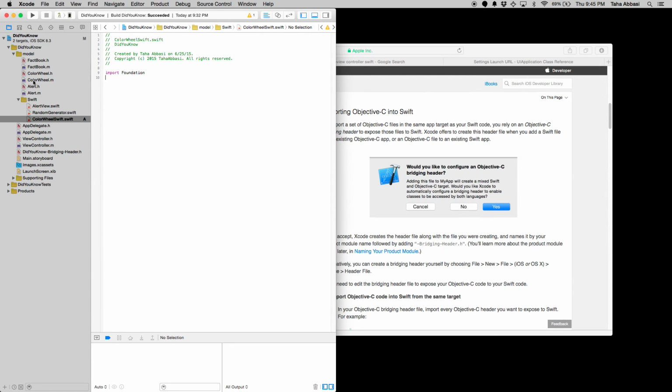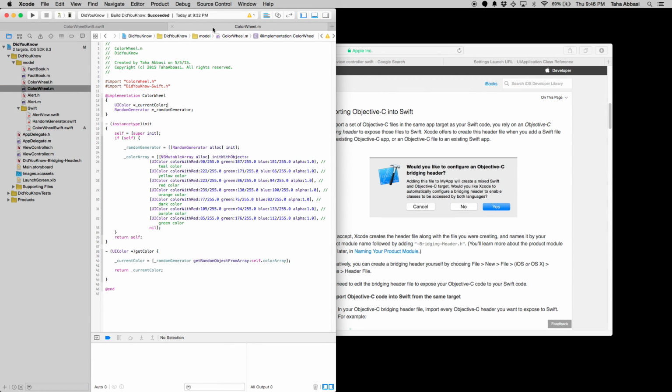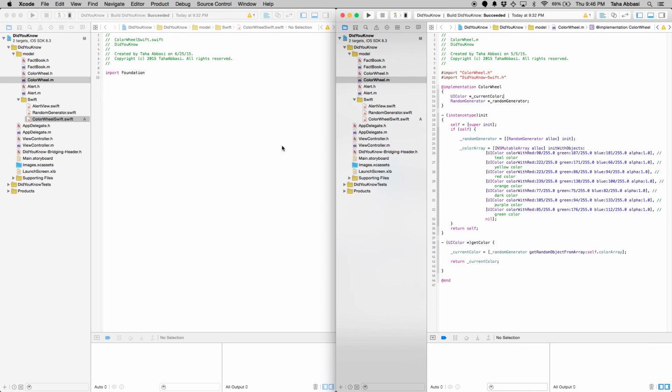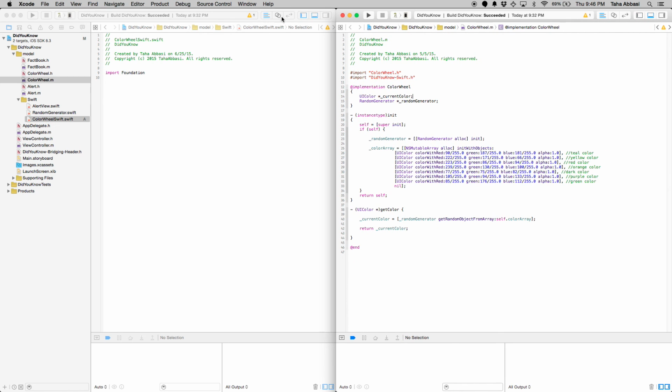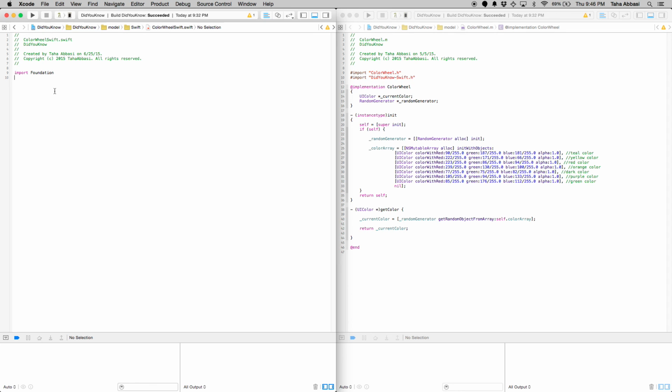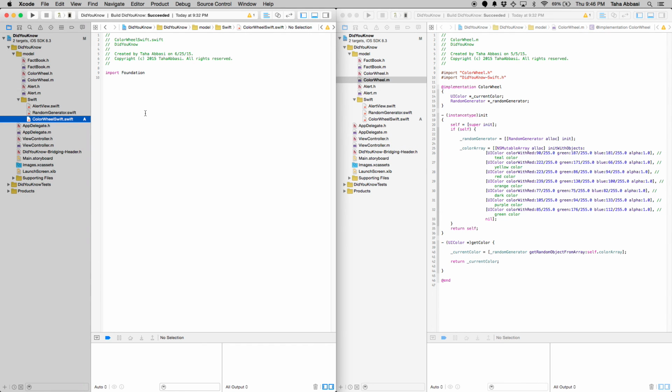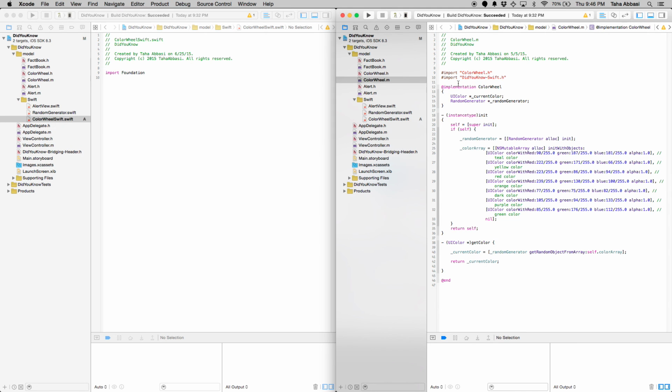So I'm going to move this to the left like that, and I'm going to move the Objective-C file. I'm going to double click it to open a new tab and then drag it out, and move that to the right like this, so I can look at them side by side. Alright, now we can get rid of this extra stuff that we don't need to look at for now and look at only the code. Alright, cool. Actually, let me pull that out really quick so I can show you. On the left side, what I have is my Swift file that I need to work on. On the right side, what I have is the Objective-C file. Alright, so